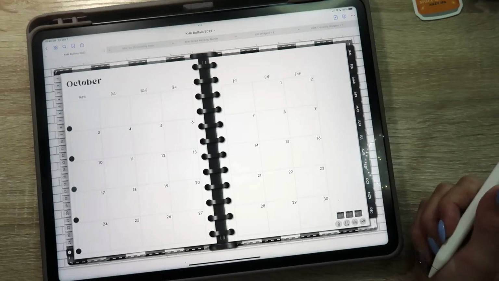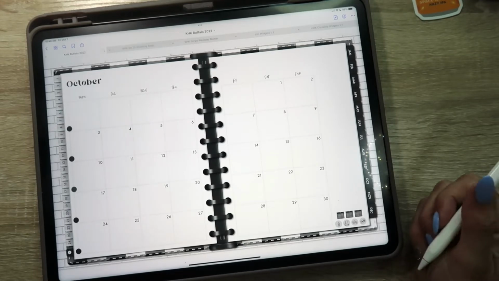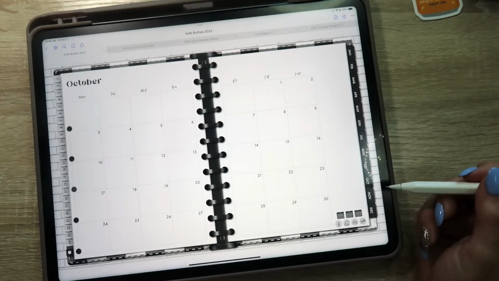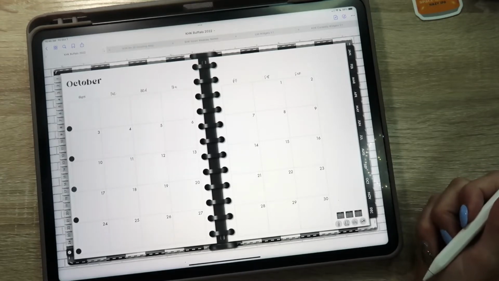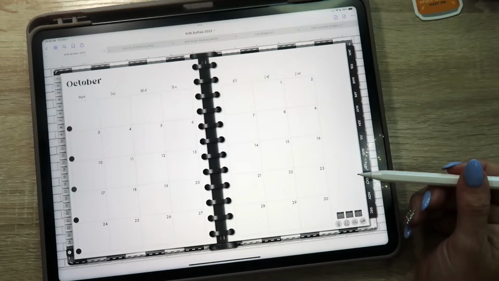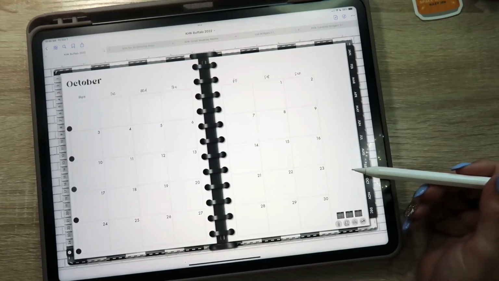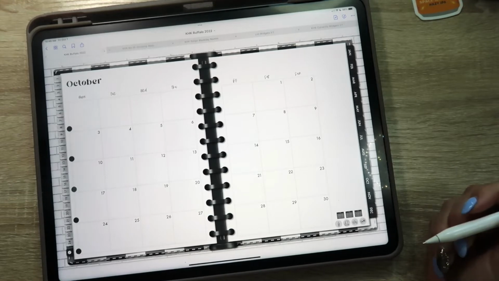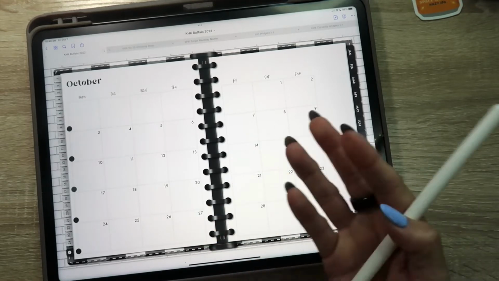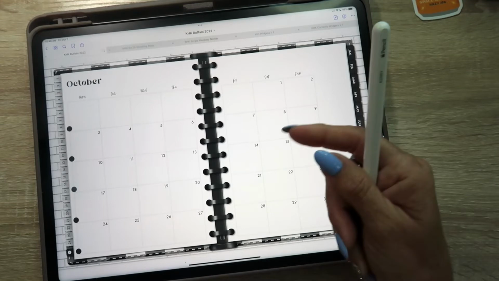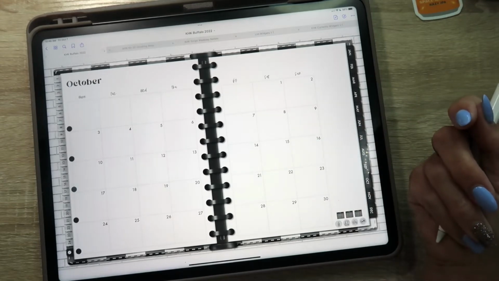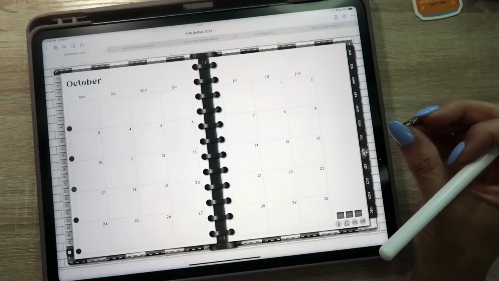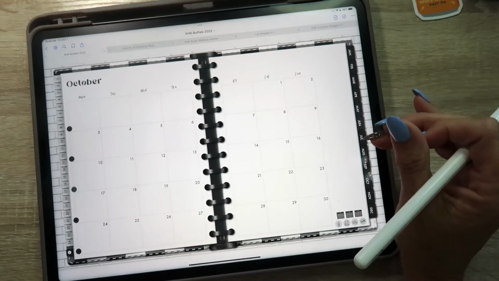So I'm back to film a little monthly plan with me. This planner is one that I created myself. You won't find it in my shop. This was a 2022 planner, and I literally just created it for myself, trying to combine some things I liked about other people's planners into my own that worked a little bit better for me. And this is what I came up with, but it's the planner that I've stuck with the longest, and